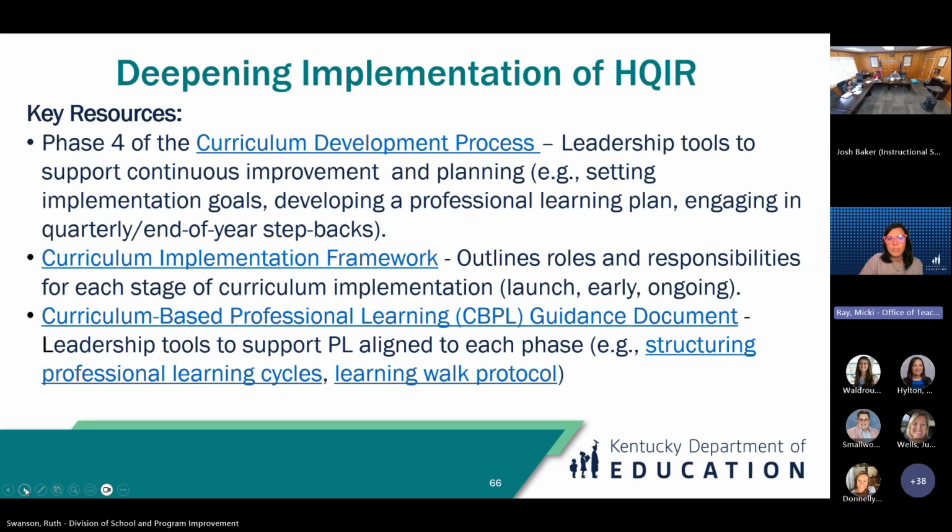The last resource on this particular slide is our curriculum-based professional learning guidance. And within that, we have structuring PL cycles, we have learning walk protocols. So these tools are targeted at supporting curriculum-based professional learning, not only in shared learning opportunities, but in PLC environments, in coaching conversations and feedback that would happen with administrators, with teachers, and with instructional coaches. And so that's something just to maybe highlight if you are a little bit further along in your implementation phase